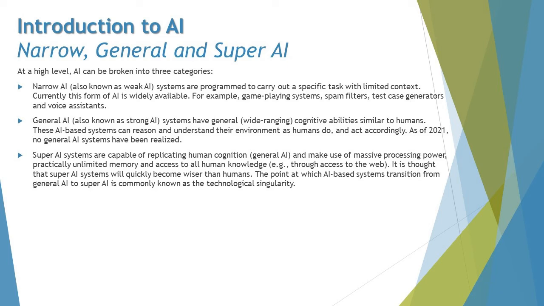The third category is super AI systems, which are capable of replicating human cognition, just like general AI, and make use of massive processing power, practically unlimited memory, and access to all human knowledge. For example, access to the web simply means that the complete, entire internet information is lying within this particular AI. It is thought that super AI systems will quickly become wiser than human beings. The point at which AI-based systems transition from general AI to super AI is commonly known as technological singularity,